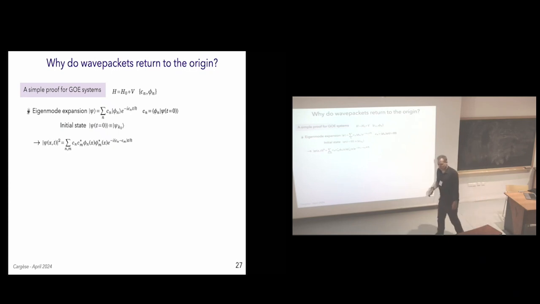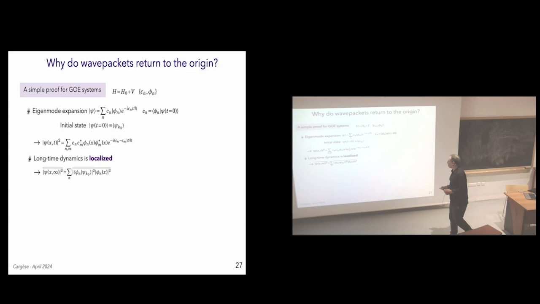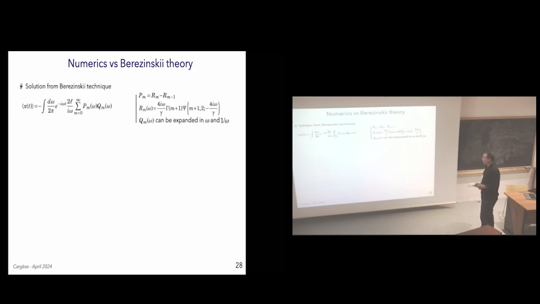Well, actually, you could say these phases are actually random. So when you average them, actually the dominant contribution will be given by the diagonal terms. It could as well work as an argument. Now, of course, we are in 1D. So in 1D, we can do much more, of course, than this.